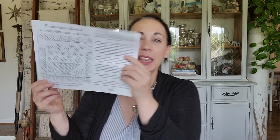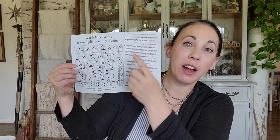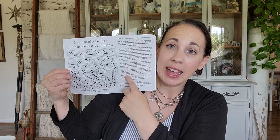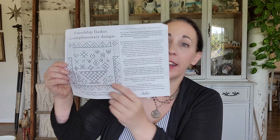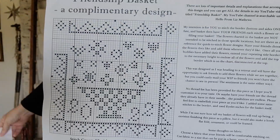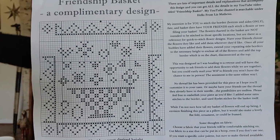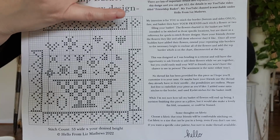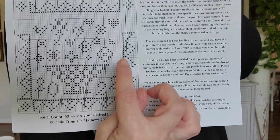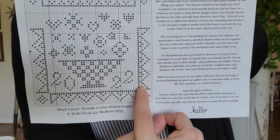So the complimentary design, let me show it to you. This is what you get. It's a PDF printout explanation of what I just told you and some details there. And this is the chart. So what you would stitch is, basically, it's easier to do it this way. Stitch this,